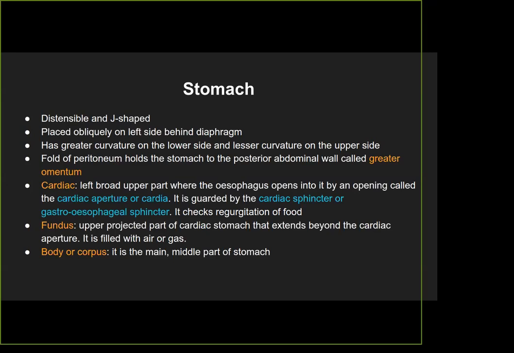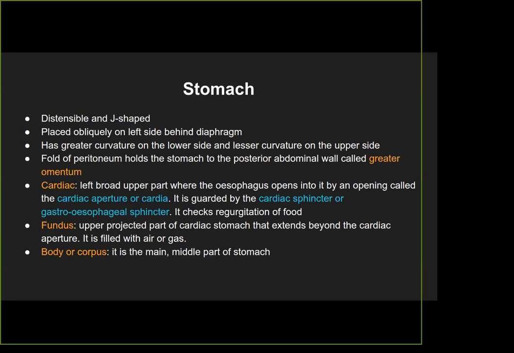When the muscles at the sphincters contract, they close the opening to the stomach, and whenever food is incoming, it opens up and then goes back to its contraction, so that the sphincter is always closed. So it keeps the regurgitation of the food in check. Regurgitation is actually the reflux of the food from the stomach into the esophagus.